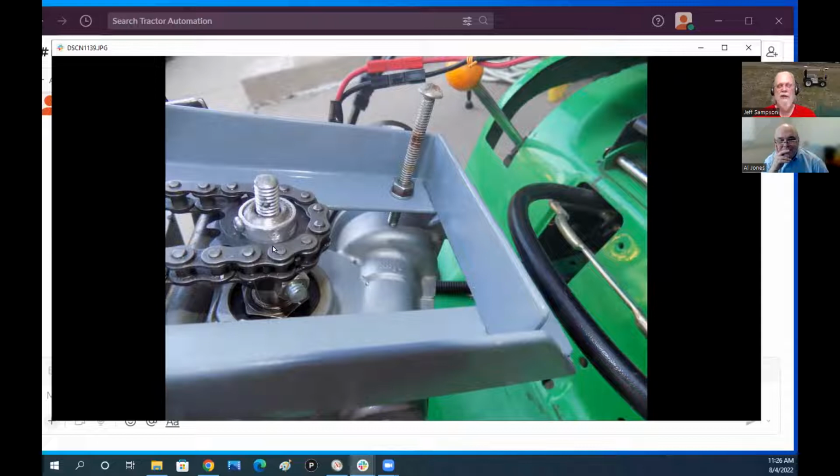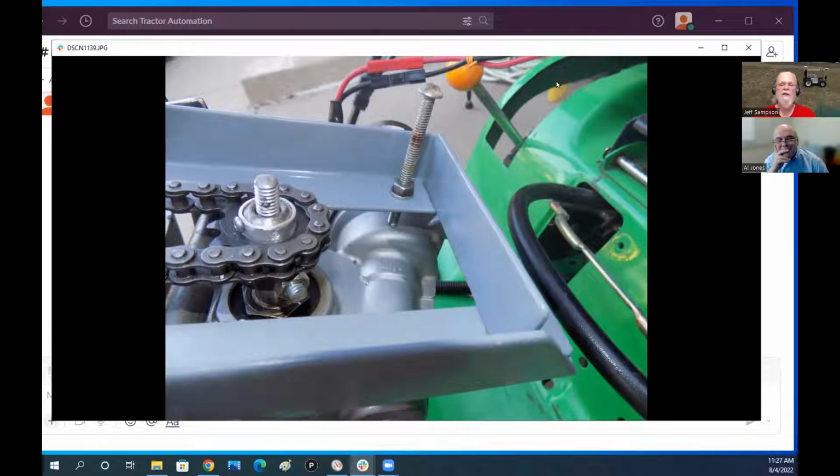And when I ran it, sure enough, with the wheels on the ground, so there's a lot of torque, as it starts pulling on this side, it raises the motor up, and that's a problem. So I had to figure out what to do about that. So what I ended up doing here was,